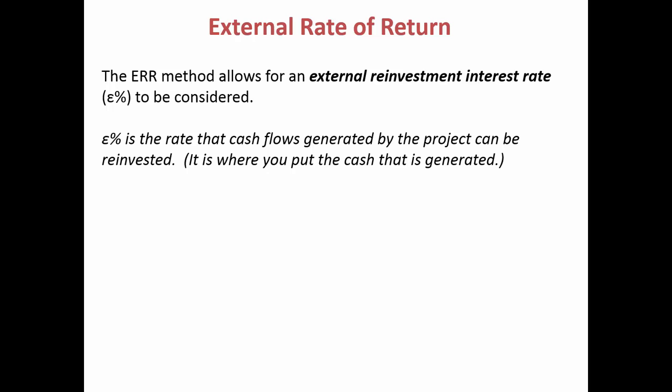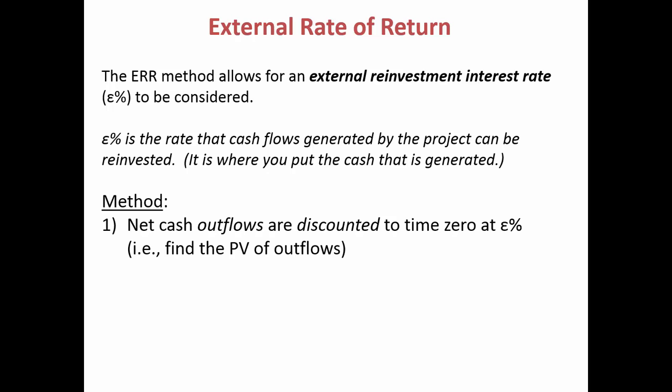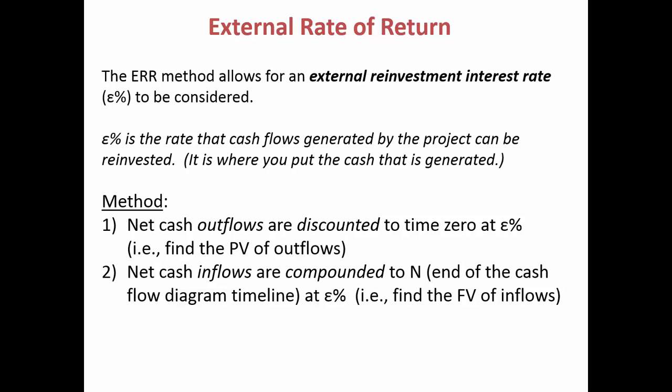And it's where you put the extra cash that's generated. So with that rate, the method for the external rate of return is that you take the outflows from your cash flow diagram and you discount them to time 0 at epsilon. Now, I'll show you a cash flow diagram here in just a moment that summarizes the method. So you take all of the outflow or payments to the present,